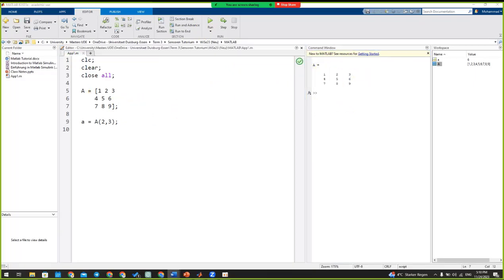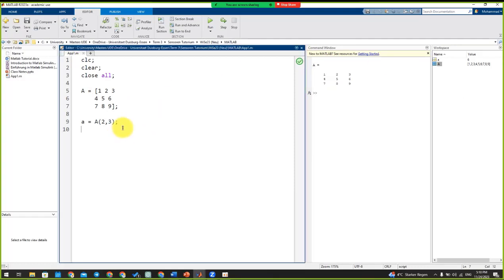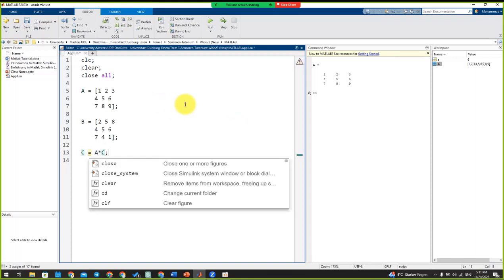So what do we have next? The next important item in MATLAB is using the operations. What I mean by operations is this. As you can see, if we have another matrix, for example, 2, 5, 8, and then 4, 5, 6, just an example, and then 7, 4, 1, and then if I define C as A multiplied by B,